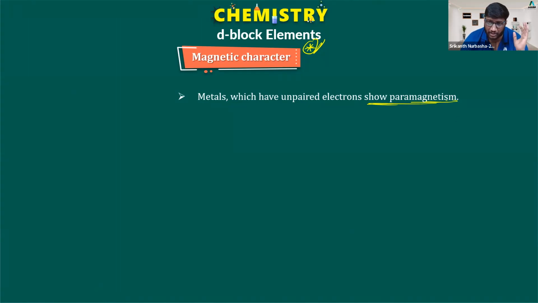That's the first point you need to understand. To understand about an unpaired electron, you need to understand about an electron first. What is an electron? You have an atom. In the atom, you have nucleus. Around the nucleus, you have electrons revolving. Electron is a negatively charged cloud and it is spinning around itself. Look at the motion of electron. You have nucleus. My wrist is a nucleus now. The negatively charged cloud is moving around the nucleus as well as spinning around its own axis. That is how electrons are moving.